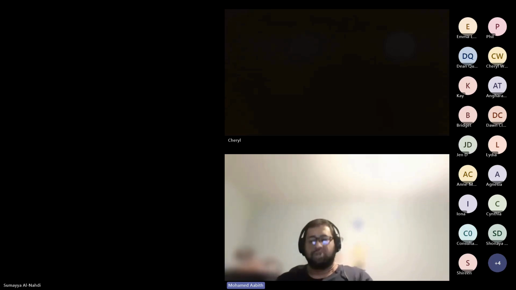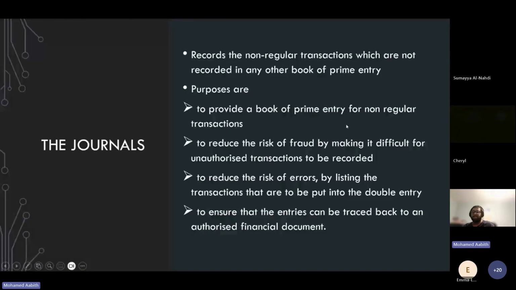There, I got it. So here, now we're going to look at the journals. What is the journal? Journal is something we use where we don't have anything else where we can record it. That means it is a book of prime entry for non-regular transactions. That means it covers anything